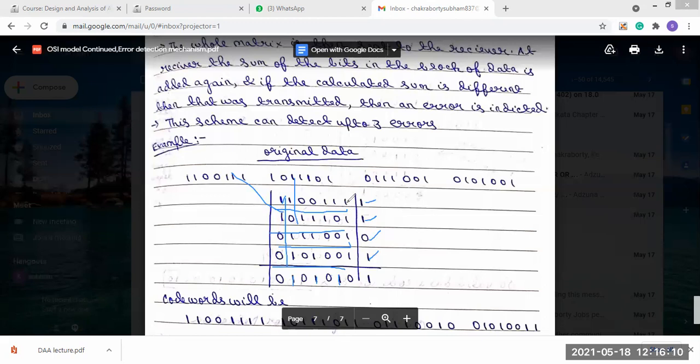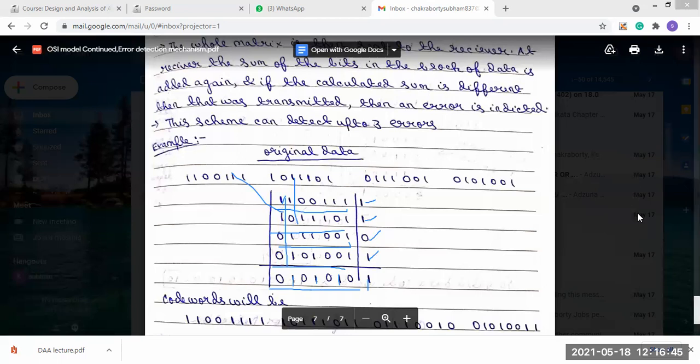And in the next case you see the number of ones present is 4. So what bit should be added, 0 or 1? 0 should be added to maintain it as an even parity. And now we have to again check row wise, because a new data word is created. So what number of ones are present? 3. So to maintain even parity, 1 should be added.